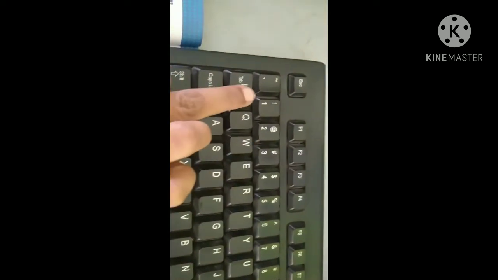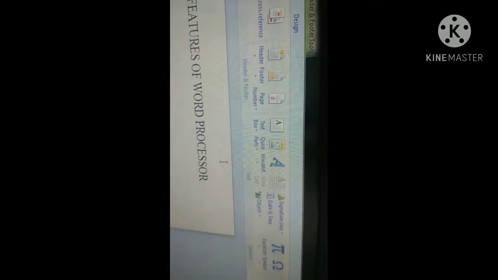See children, when you are writing in your notes, first we write the date on our left side. Then we write the heading on our right side. After giving the title heading, just click the tab button twice. Then it will move to the place where we can place the date. How to give the date and time? In the insert only, beside the header and footer, in that ribbon only, you can find the date and time.